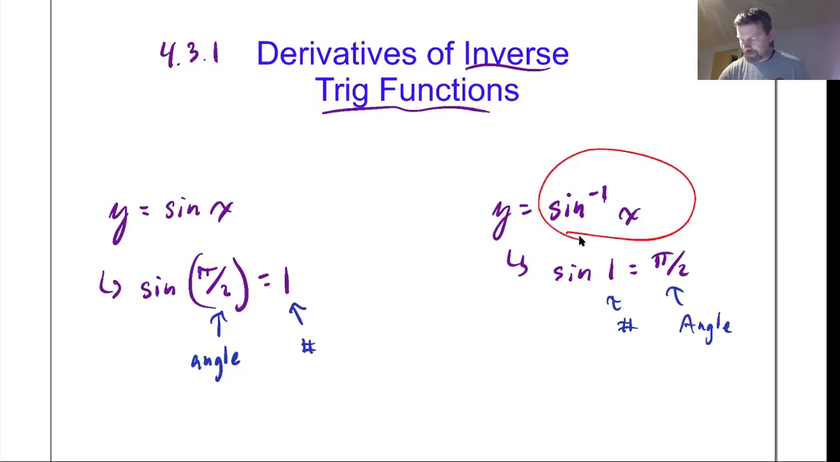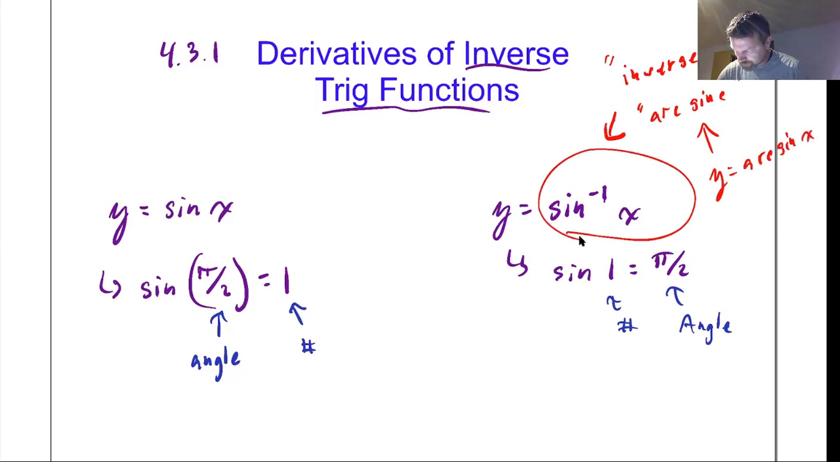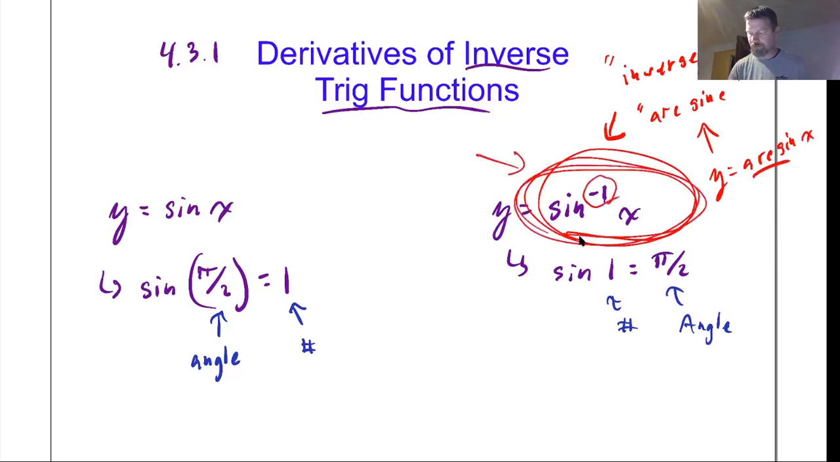Heads up, that is pronounced inverse sine. It is sometimes also pronounced arcsine, and it's sometimes written as y equals arcsine of x. It's just another name for it. The calculus stuff normally sticks with that terminology, inverse sine, where you use that inverse